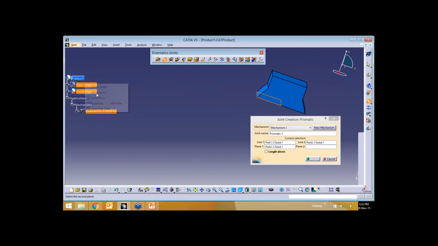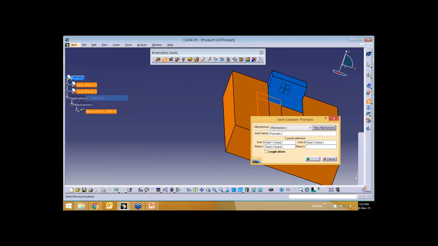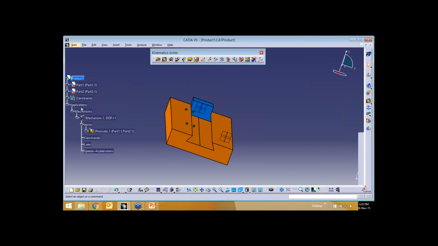So now what happened is, new mechanism, I've gone here, I've created a prismatic joint. When I just applied a prismatic joint, if you go here, it is a combination of two different coincident constraints, which is like line to line and plane to plane.